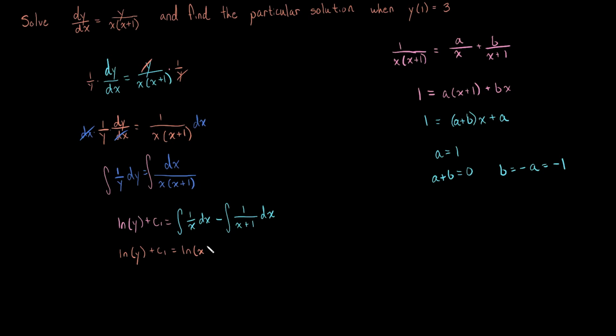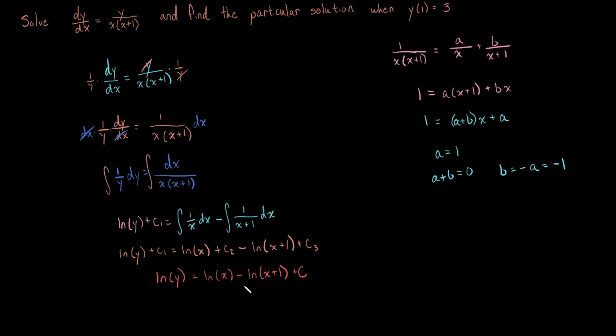It's just like ln of y, except we change the variable: ln of x plus c2, then minus ln of x plus 1 plus c3. Now we want to combine all of these constants into one big constant, because all we care about is one constant. We don't care about what all these smaller constants are. We have ln of y is equal to ln of x minus ln of x plus 1